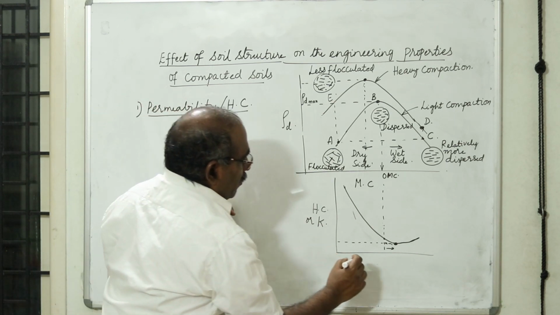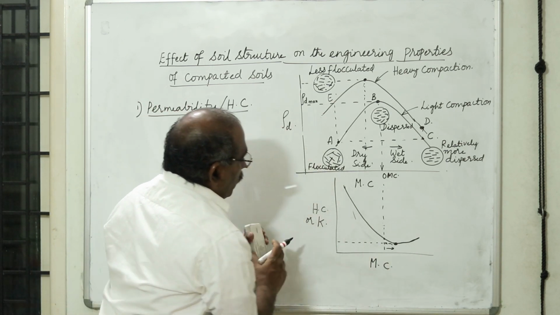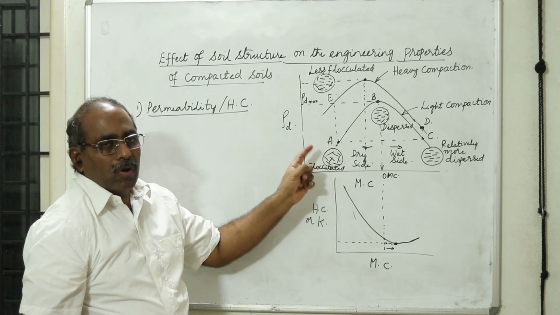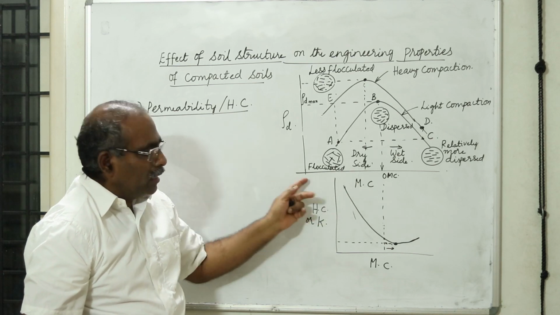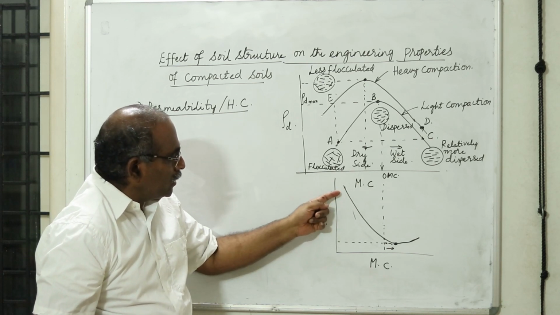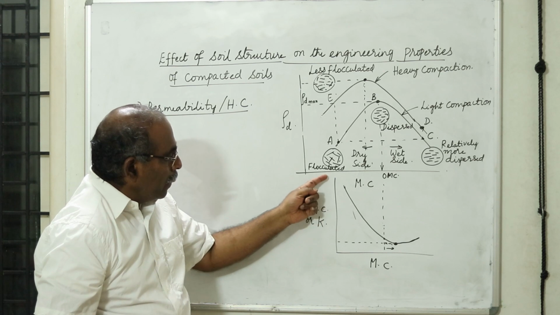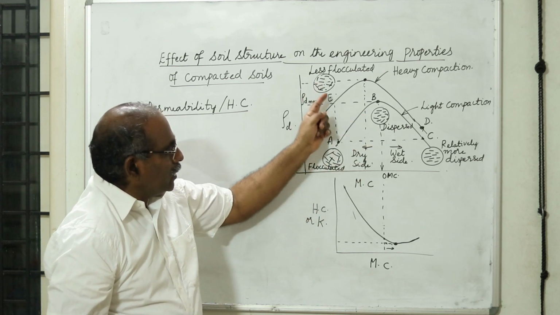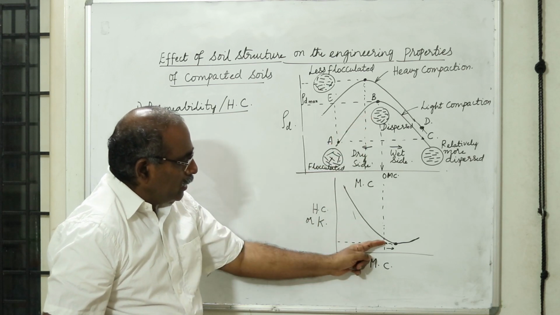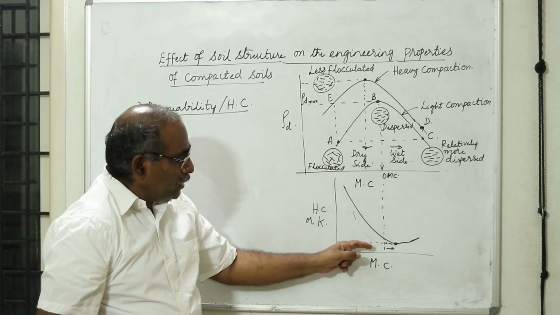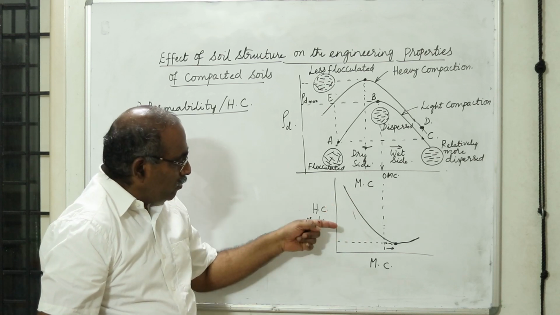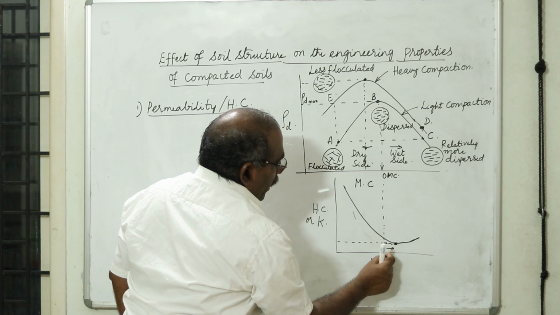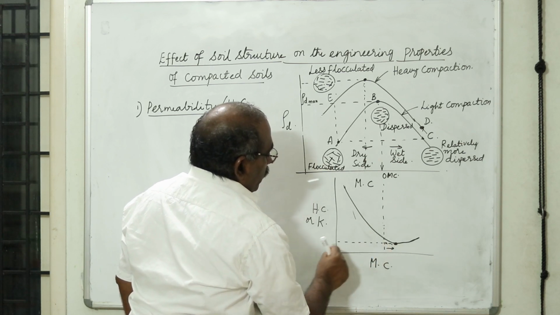Therefore, this is the variation of the hydraulic conductivity. It goes on decreasing, because you have a more flocculated structure, with more flocks and clear interconnectivity of voids, therefore the water percolates and you get a higher hydraulic conductivity. As the water content increases and the compaction changes the soil structure, once you come to the dispersed condition, the water has fewer voids to seep through, therefore your hydraulic conductivity is less, and slightly beyond the optimum you will have the lowest value of the hydraulic conductivity.